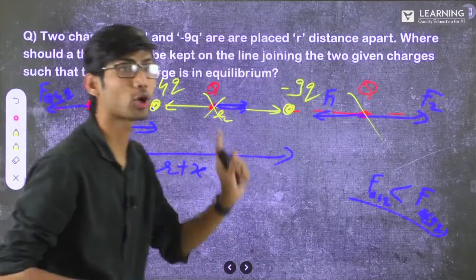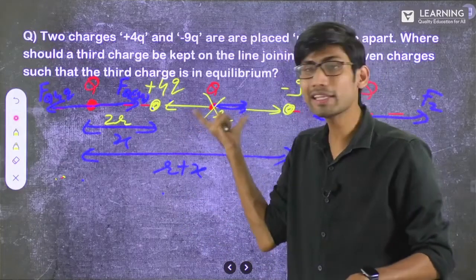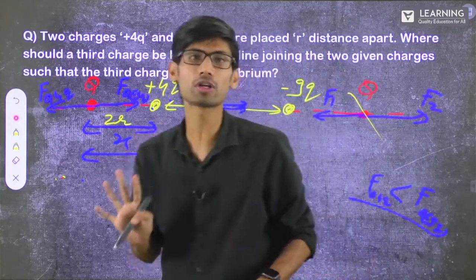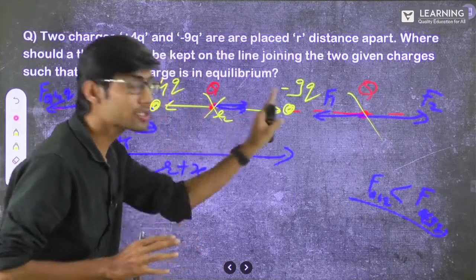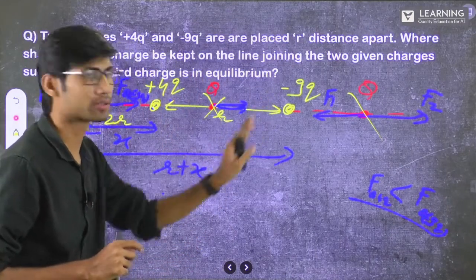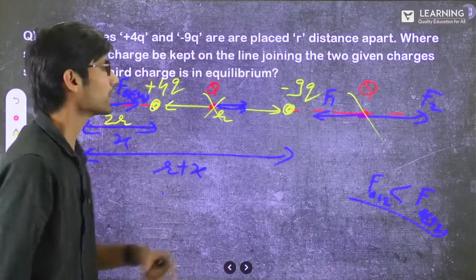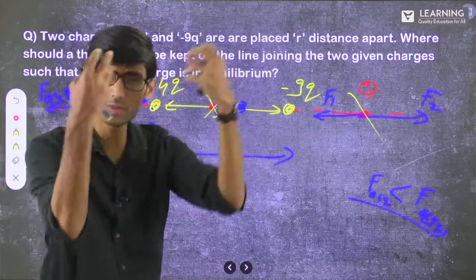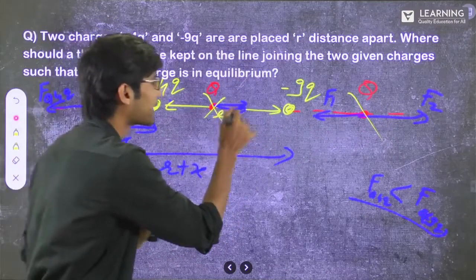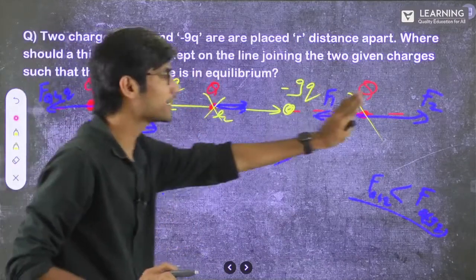First we have to think logically where it will come in equilibrium. Now between these two charges it will for sure not come in equilibrium, correct? Because the force from both is towards the same direction. It can be here, it can be here. See, you can solve for this also. Suppose you are not using so much brain, you only saw the direction. From the direction you got to know here it is not possible for sure, but here it can be.